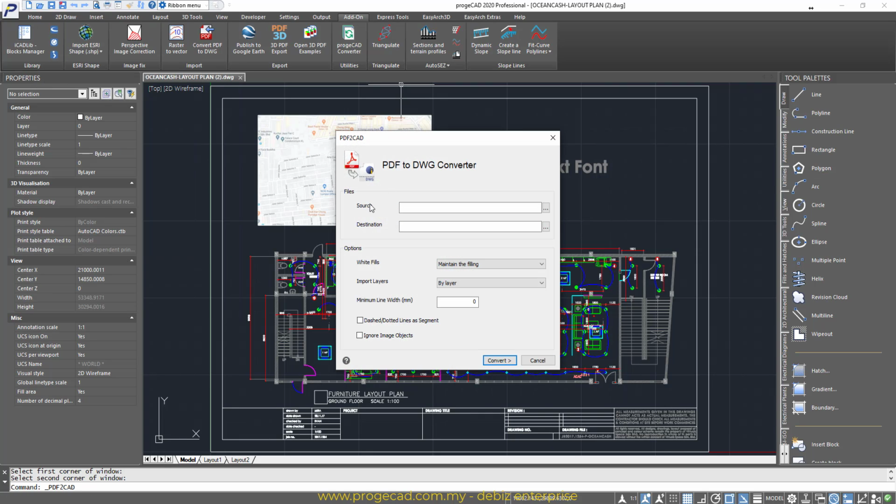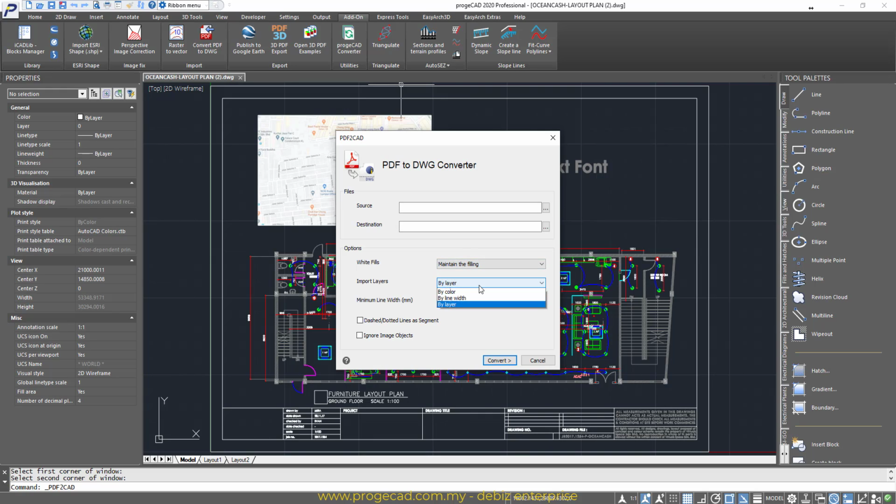From here you will see the source file, and it will also show you the destination where you want to put the DWG. Maintain fills is to keep the filling if there are hatches. If not, you can erase the filling. So we will maintain the filling.